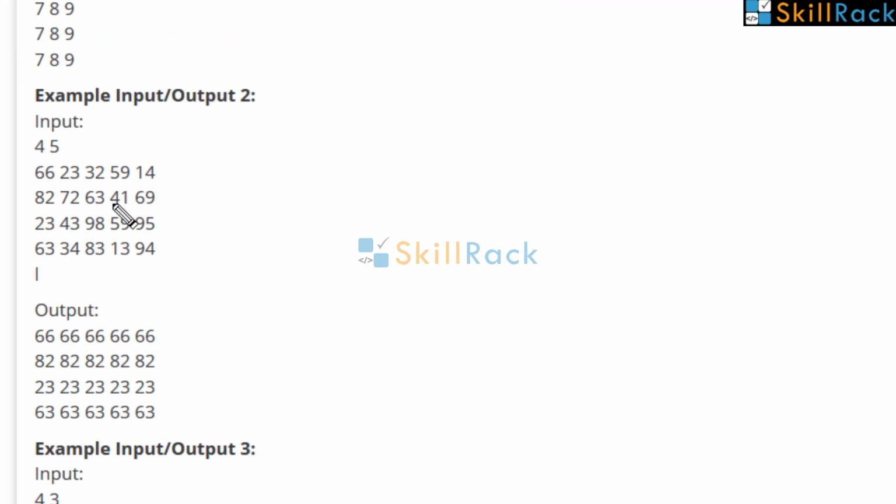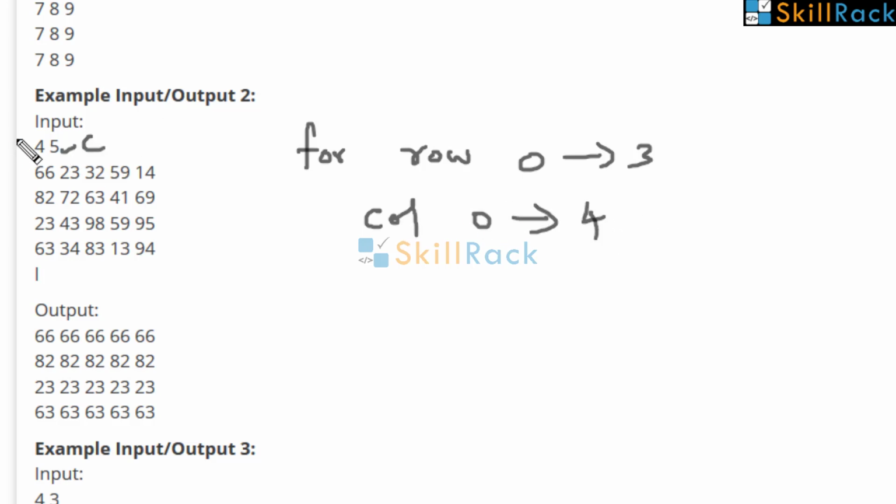Now let us look at this example. So here it is left. So what we are going to do is in the nested loop, row will be going from 0 till 3 and col will be going till 4 because here C is 5 and R is 4. But because here it is left, when we are printing, we are always going to print matrix of row, because the column is to be replaced. Okay. So the row will remain the same, but col will be always the 0th col. So whenever for the given row value, the columns are iterated, always it will be printing the first value.